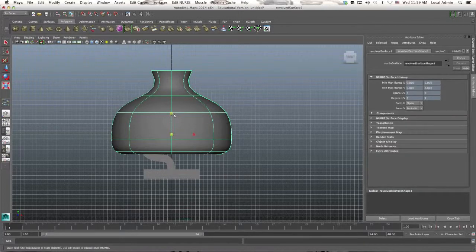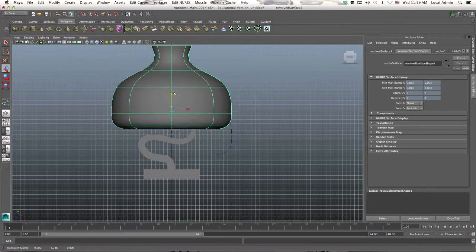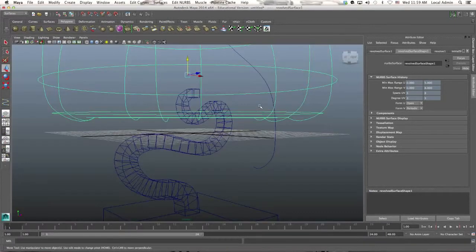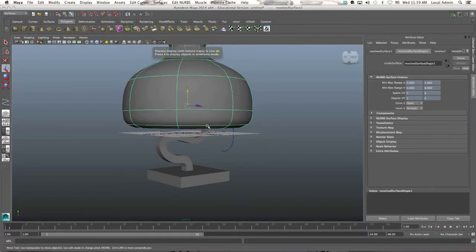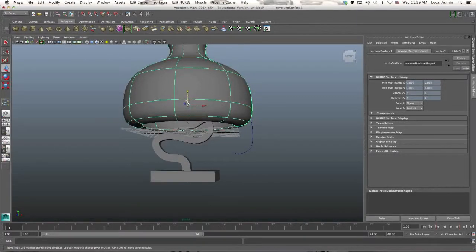then that's too low. I'm going to put it up there so I can see more of my thing. And there, and if I hit 6, there's my lamp. I have a base, I have an extruded curve,